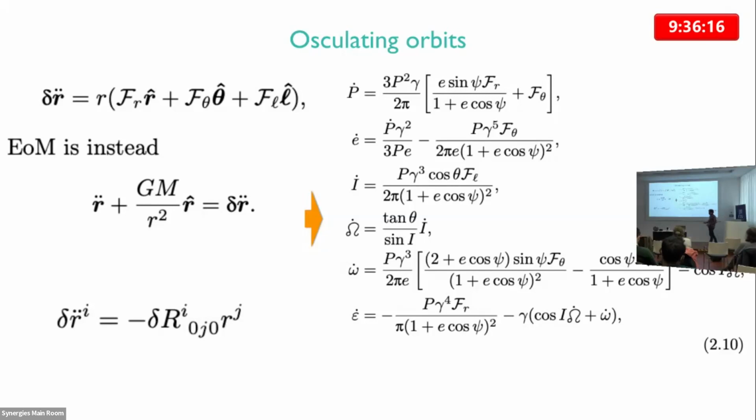Now, the difference with other formalisms is, what is this guy? Well, this guy is going to be a kind of random motion, right? Because this is a stochastic background of gravity waves, so you take this as a stochastic signal. That means that what you have here is a kind of Langevin equation, where there is a noise term. Okay, this is the noise term, and this is the deterministic piece. So the way we treat it in our paper is precisely in this way.